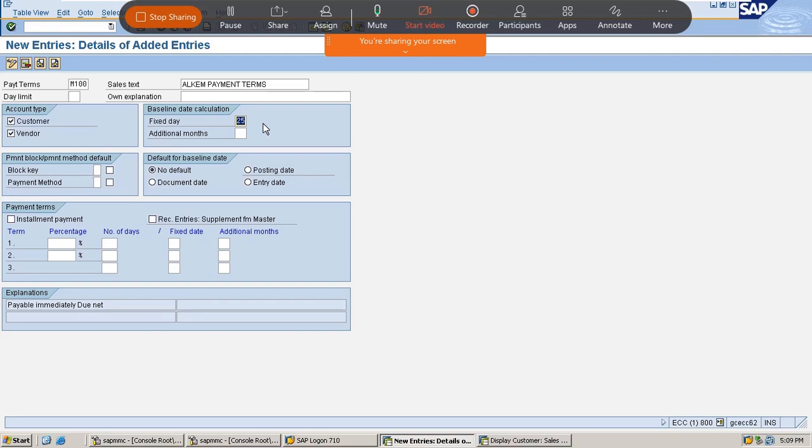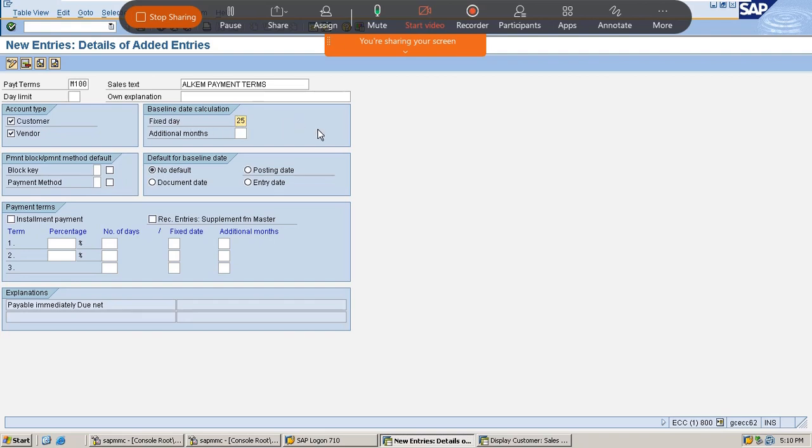Even if the invoice date is 26th, it will start calculating on 25th only. It will be applicable if the invoice date is prior to the fixed date.